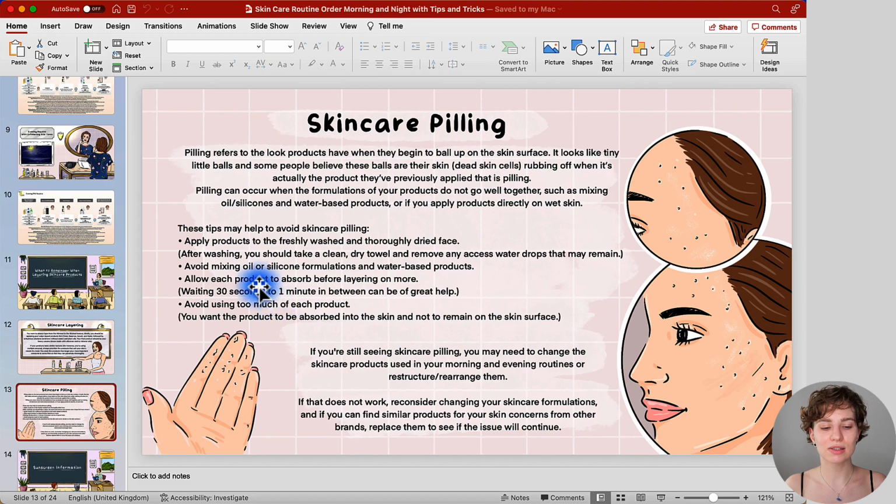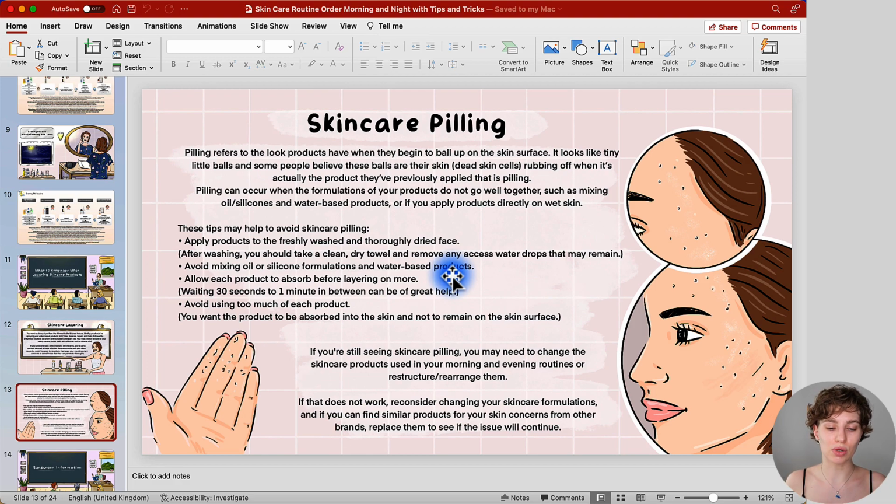And so here are the points that I have mentioned earlier, with some additional ones regarding the overall skincare formulations. This can sometimes cause pilling as well, but not that often, depending on the skincare products that you're using. It's mainly about washing and patting the skin dry, plus the waiting time, and overall not using too much of each product in your skincare routine, so it can properly absorb into the skin.